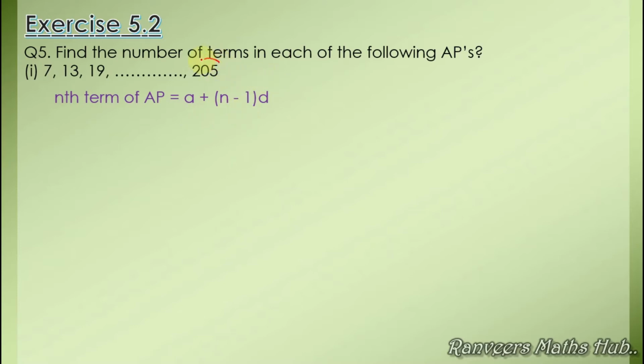Now see here, what is the last term of this sequence? 205, and last term we denoted by an. So an will be what? 205. Now see here, what is the first term? 7. So first term is denoted by a, and a is equal to 7. Now we got a also and an also. Okay, this formula can be written as an, which is equal to a plus n minus 1 multiplied by d. Now we want the value of d. Okay, so first of all we will find the value of d.